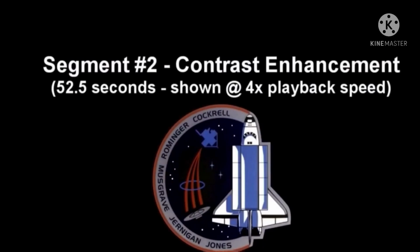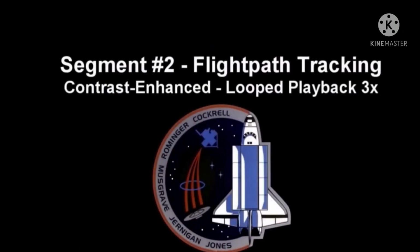Okay, you see a UFO come into frame right there. You're going to see another UFO, and we're going to put a flight tracker on this too to prove to you that it is in fact under intelligent control. Okay? I mean, look at that, guys. Here's what NASA has been hiding. And by the way, the video you're watching now was from 1996, and I want to point out... Okay, so